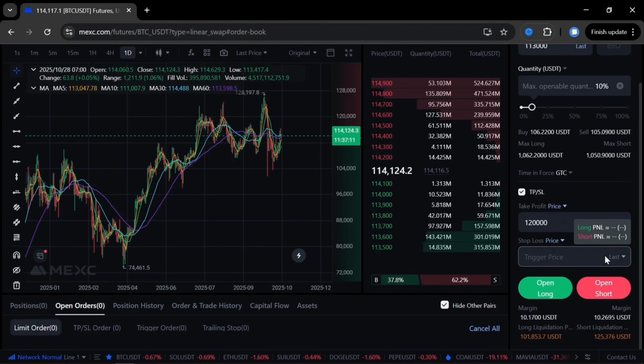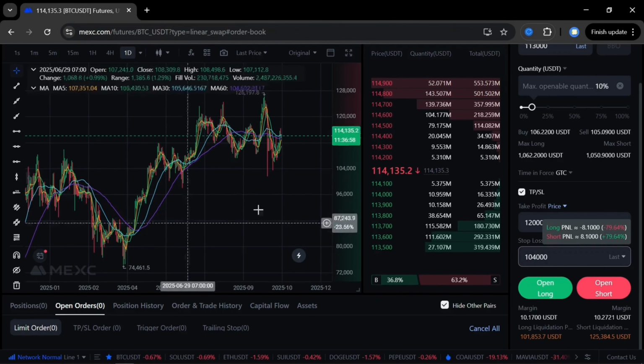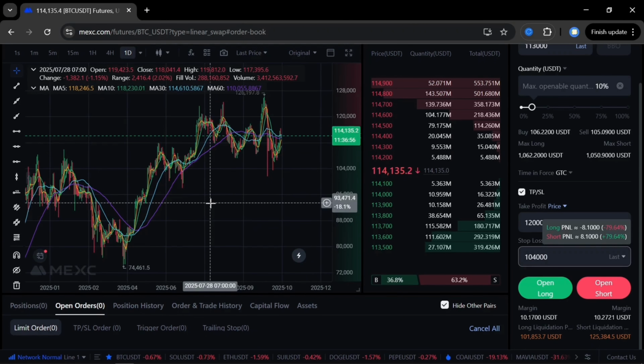But let's also add a stop loss. For example, I'm gonna do $104K. Of course, before having your take profit and stop loss, you will need to have a proper analysis of this, and you need to have a proper understanding of support and resistance. I'm looking to create a video around that, but I'm just trying to explain to you here how you